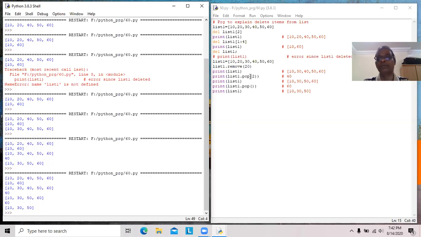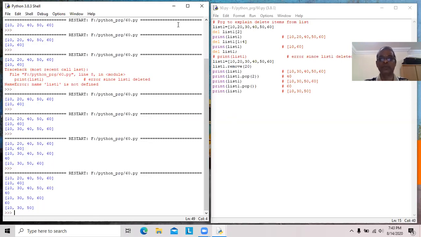With the help of pop, we can delete only one element by giving index, as well as we can delete the last item. The advantage of pop is it returns the deleted item. That is the usage of pop.